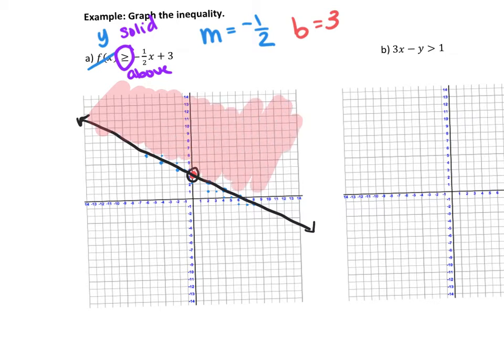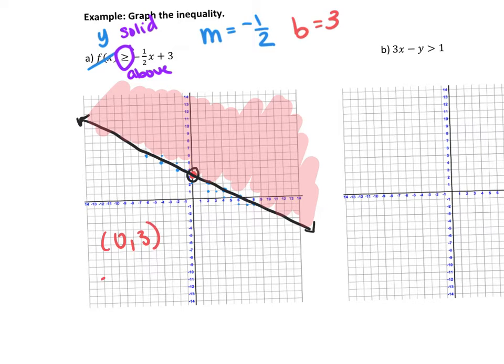And I can verify that any point in this region is a solution above. I start out by taking the y-intercept, which is the point 0, 3. And I plug it into this equation. So f of x just means y. If I take the point 0, 3,